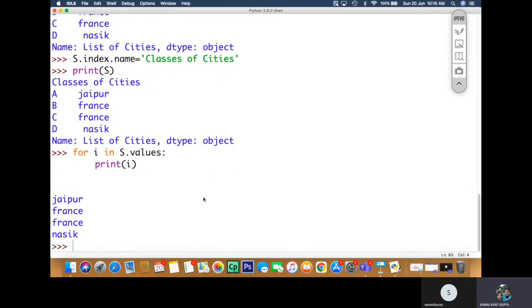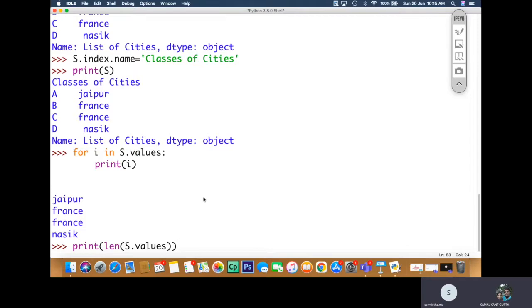It will show all the names of the cities, since s dot values gives you a list. And if you are going to write print len of s dot values, what will this show?